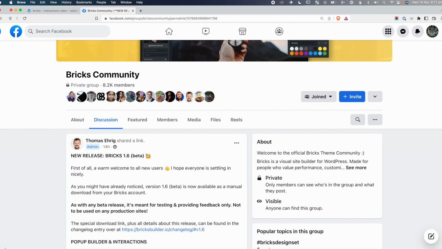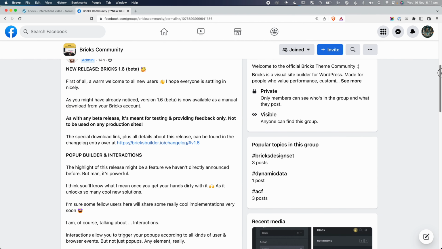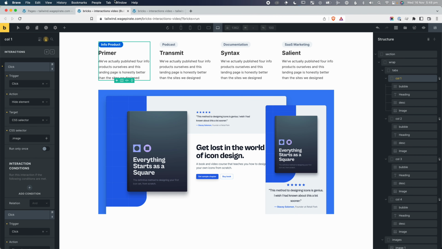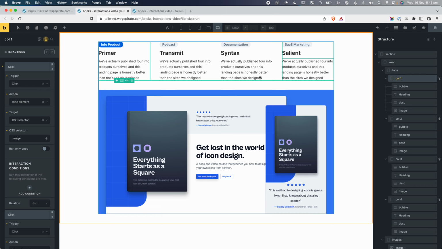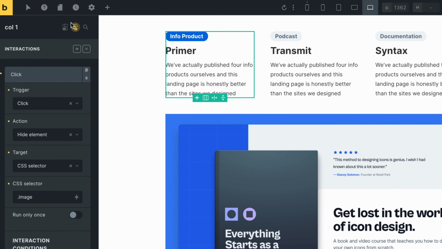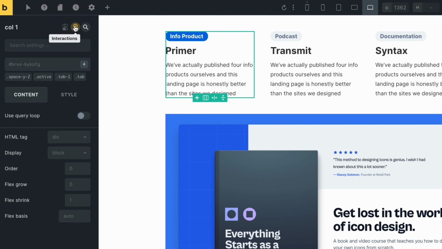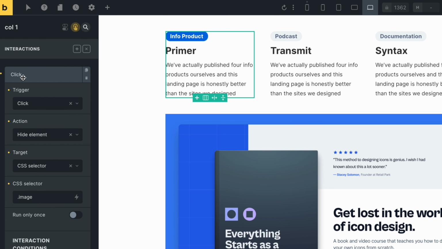So there's been a new version of Bricks Builder released today, and one of the features that I'm really liking inside it is a new feature called interactions. Here we are logged into Bricks Builder, and when I click on an element now, we have this new option up here in between conditions and the search where you search for elements. So if I click into this interactions tab, you can see that I've set up some here in this demo